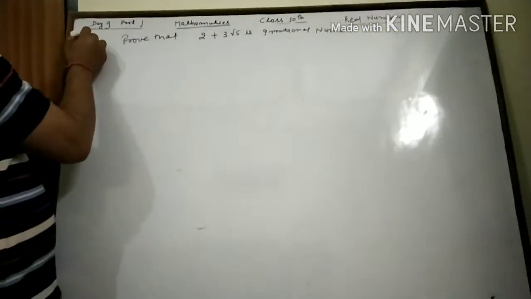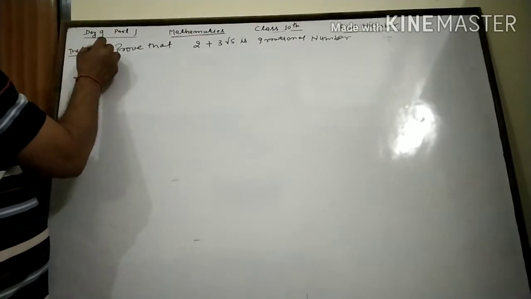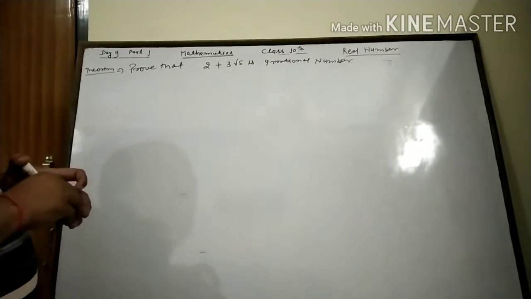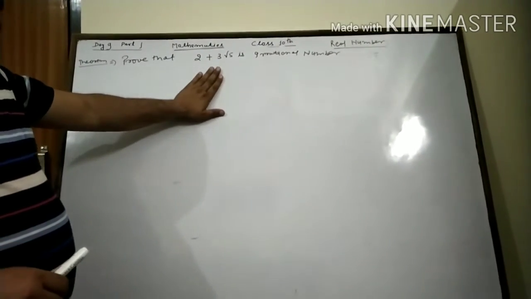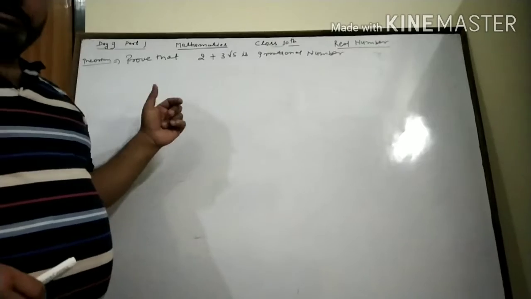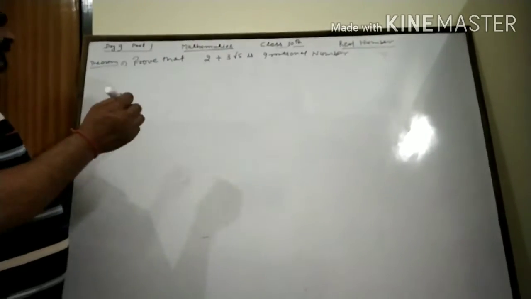It is the theorem. Prove that 2 plus 3 root 5 is an irrational number. You can prove it by two ways. Clear? Then first is